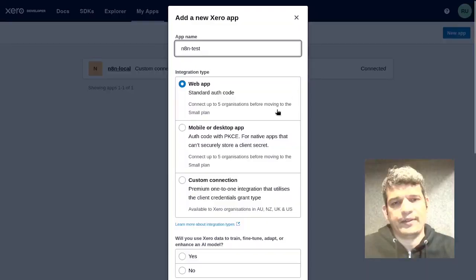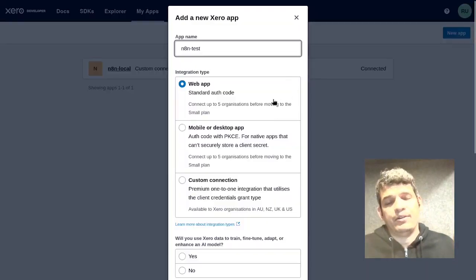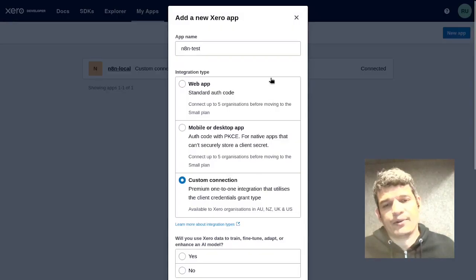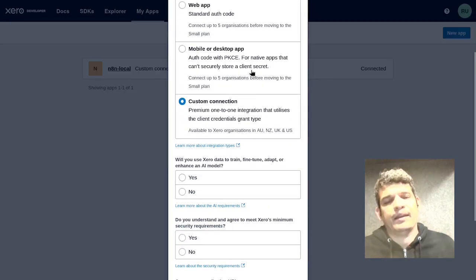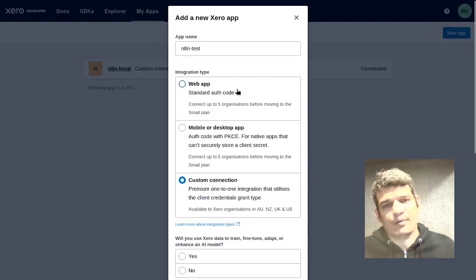And of course, you fill in the app name. When you want to create an app so that it can connect to N8N, do not use web app. It simply doesn't work. It creates an error. It took me several tries. You actually want to go for custom connection, and that's because for some reason working with web app,